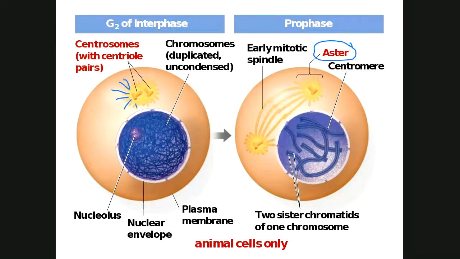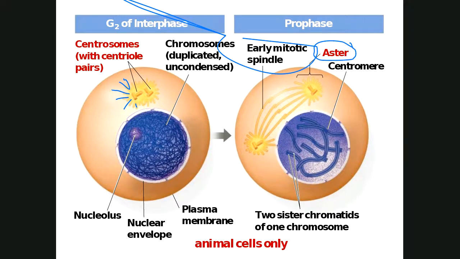What does happen in plant cells and animal cells is those mitotic spindles. Now, let me give you some other terms for those. Those are also called spindle fibers. Anyway, those yellow things, those mitotic spindles or spindle fibers, they begin to form between those two centrosomes in an animal cell. In a plant cell, they form, but there's no asters, there's no centrosomes. And again, I'll talk a little bit later about why animal cells have them and why we think plant cells do not. But this part right here, these early mitotic spindles, that also occurs in plant cells. The only part in animal cells is the part that's in the red, okay?